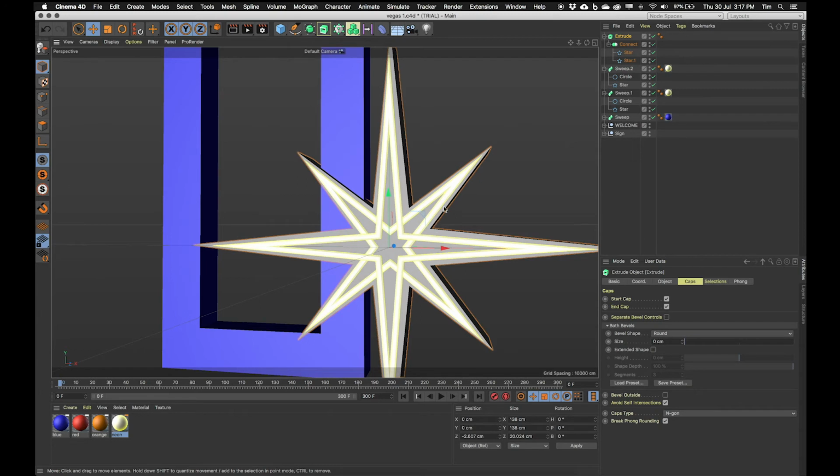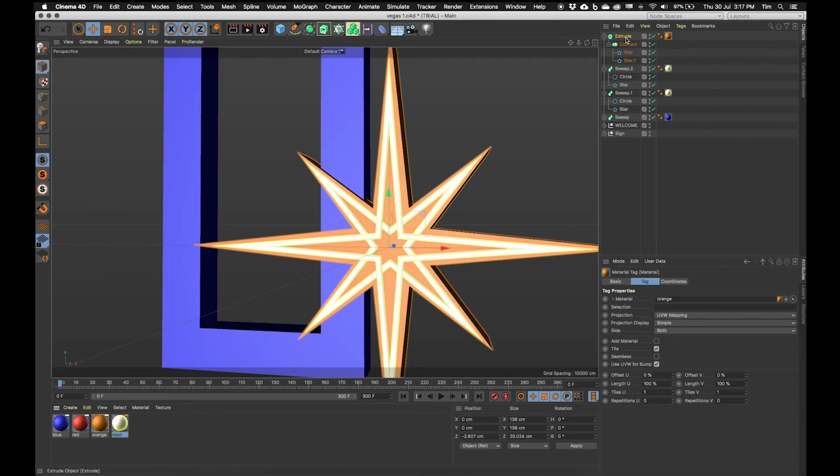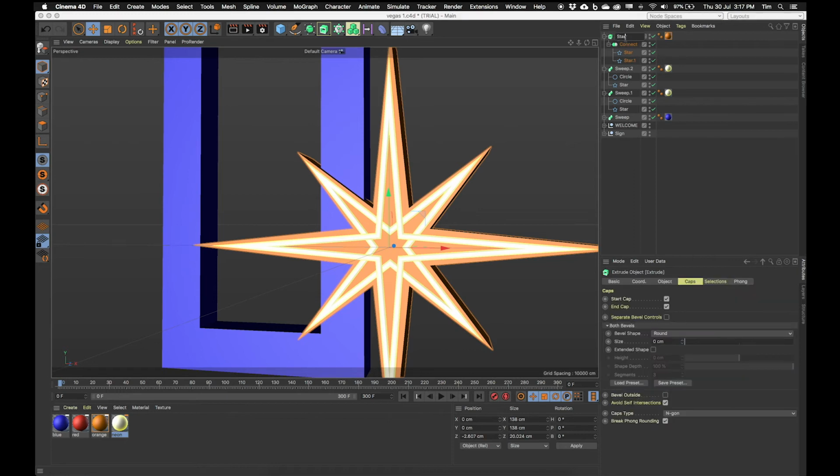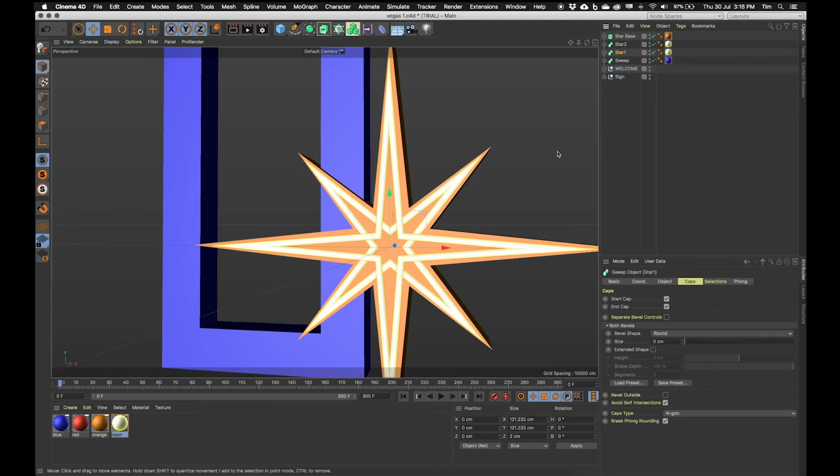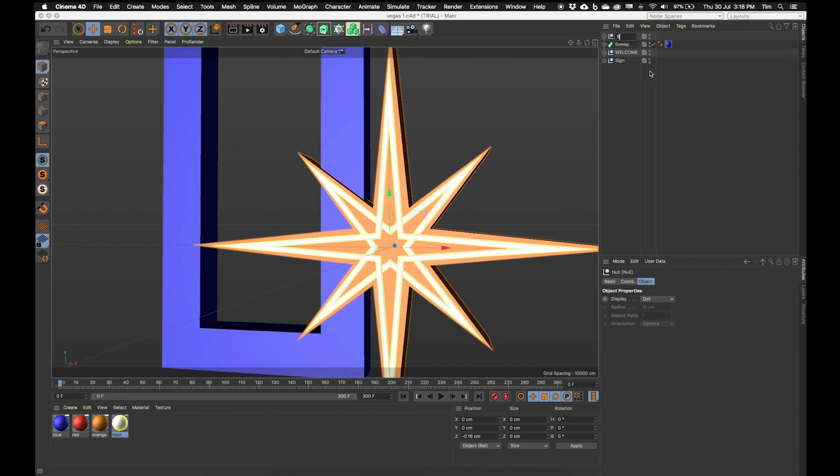with its solid base, and let's put that orange color on the base, and let's name this star base sweep. This one is star 2, and this one is star 1. So there's all those elements together, and together they make up the star. So again, what I can do is shift select those 3 star elements, Option G to group them. This is the star,